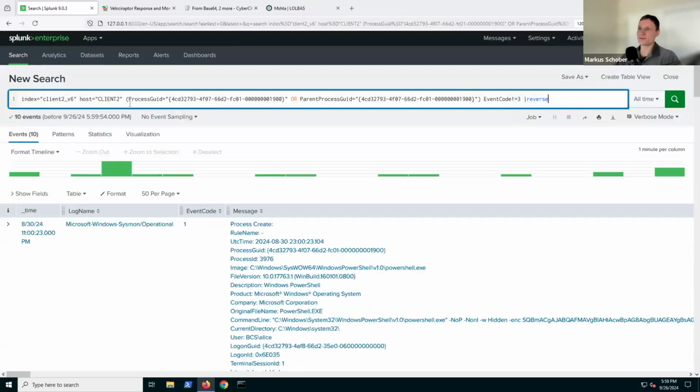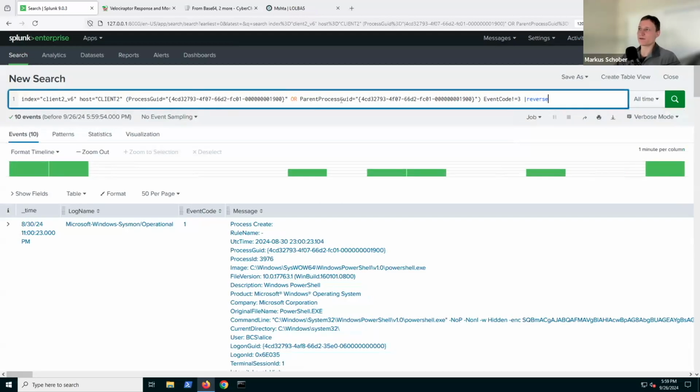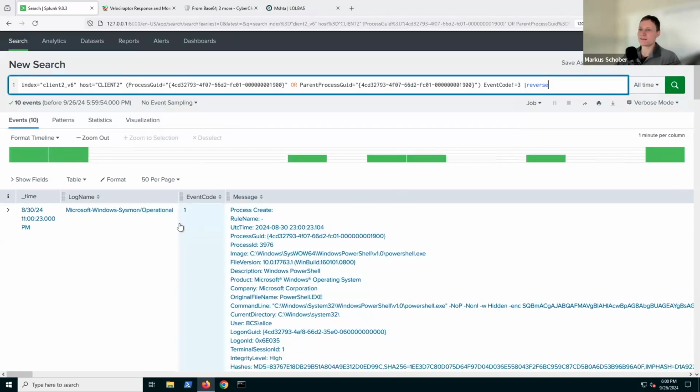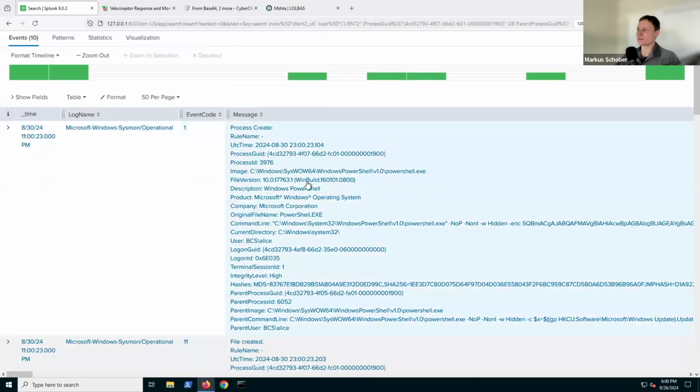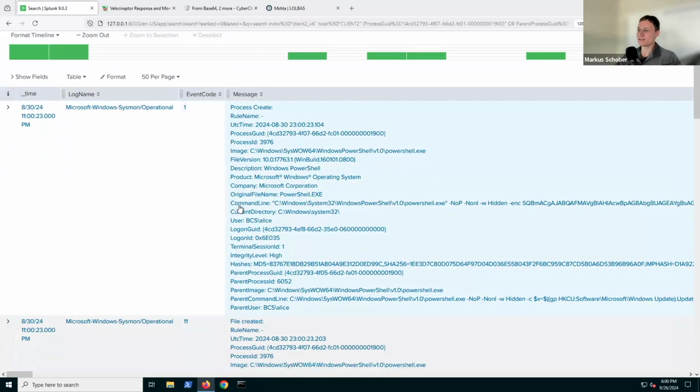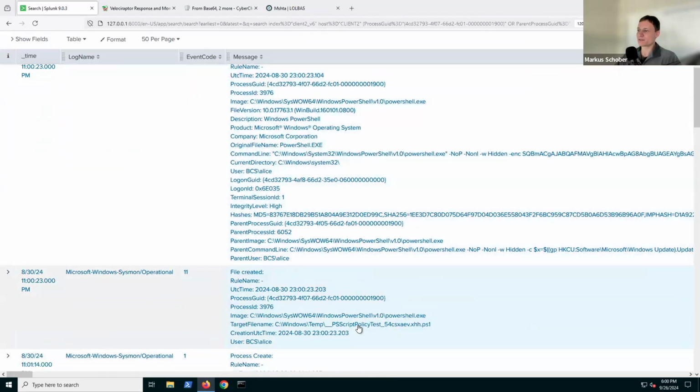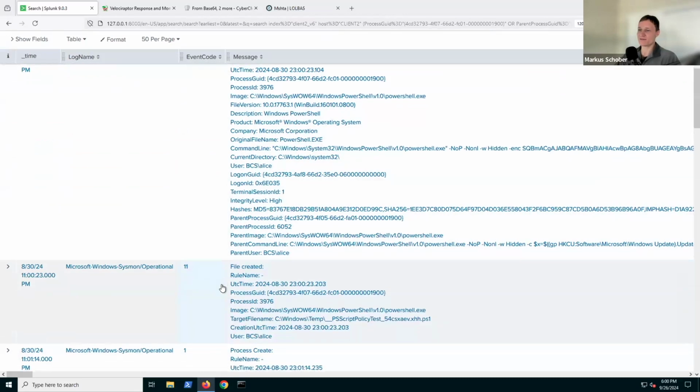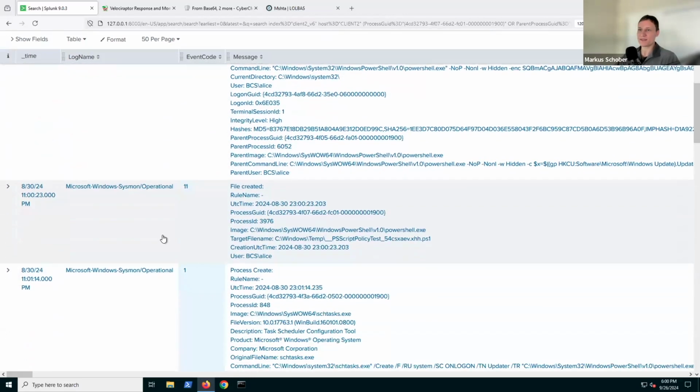And if we do the same thing again, the new GUID for process GUID or for parent process GUID, because we want to see everything that it does, except the event code 3, which we don't need, the network traffic noise. Now we can actually look into this process that was created. Now we have PS script policy test file creation again, as always. And then a minute later,